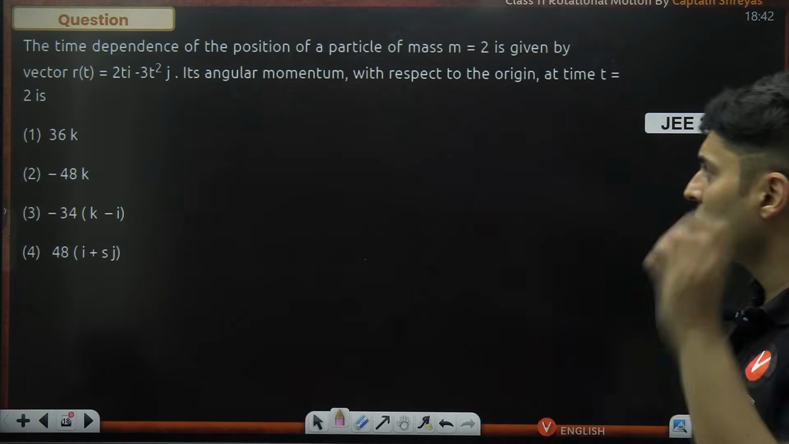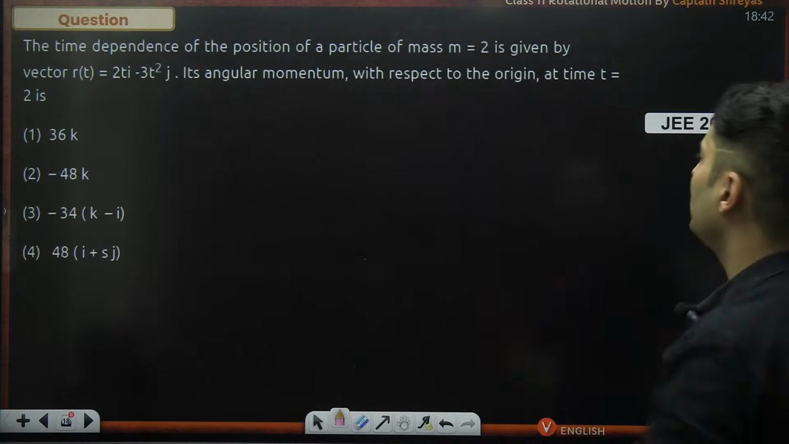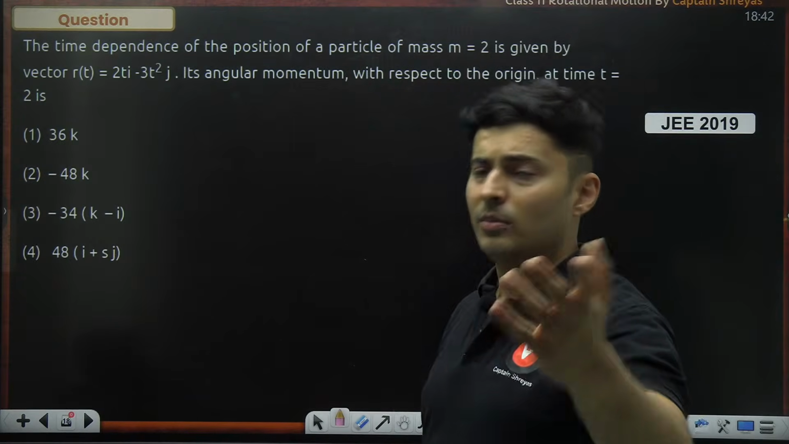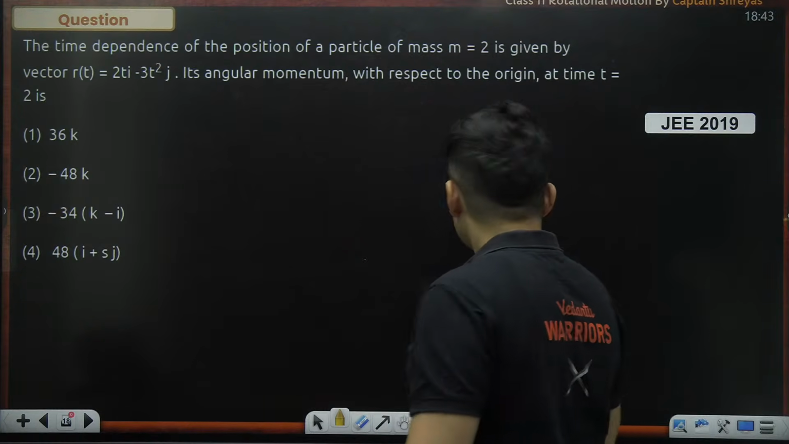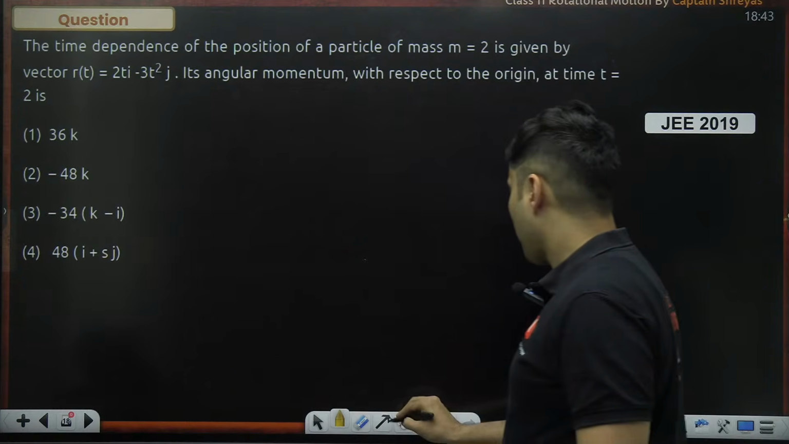Let's take up this particular question. The position vector is given, and the angular momentum with respect to the origin at 2 seconds is how much? This was asked in JEE 2019, before the COVID era, guys. Now, see guys, this